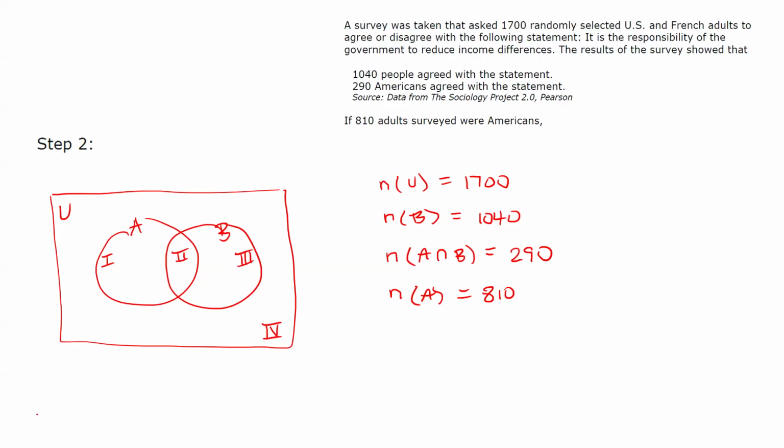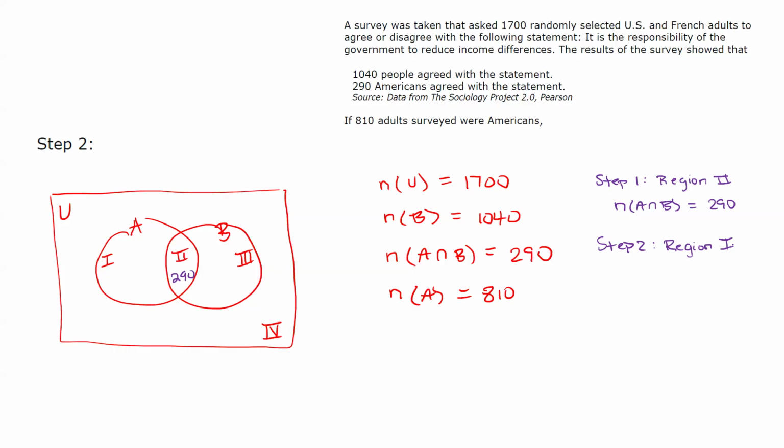Okay. So now let's plug in our values into our Venn diagram. So for step 1, we will start with region 2. Okay, we want to start with the innermost region. All right, so that's going to be the intersection between set A and B. So that's 290. Step 2, we will then go to region